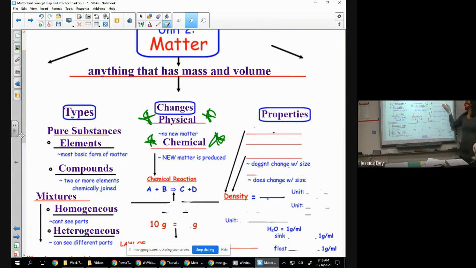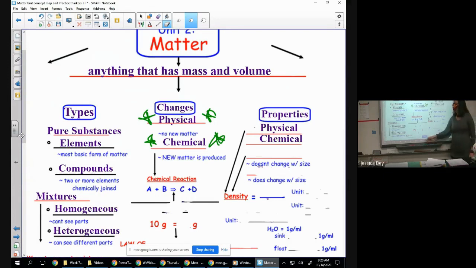Then we talked about properties of matter. There are physical and chemical properties of matter. Physical properties of matter you can tell with your senses. It's the color of something. It's the size of something. It's the density of something. If you can collect information about it without changing that object chemically, that's a physical property. Chemical properties are the potential to undergo a chemical change. So if something's flammable or reacts with water or reacts with hydrochloric acid,